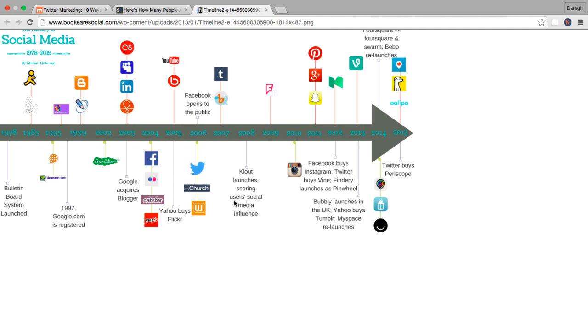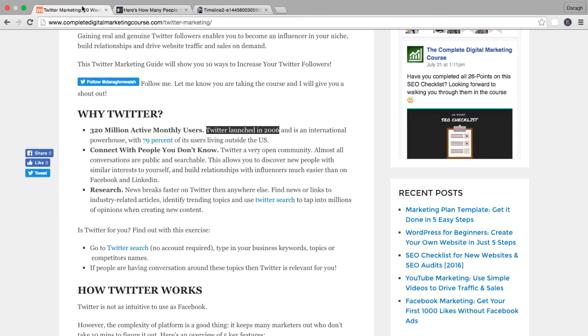Some of the biggest social media platforms still around today came out at this time period. Much later on, from 2010 to now, we have the second wave of social media platforms like Instagram, Snapchat, Periscope and all these guys. So this is how the timeline has worked out. It's still around and it's still a very powerful platform.